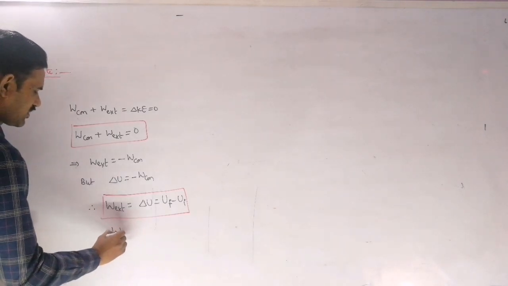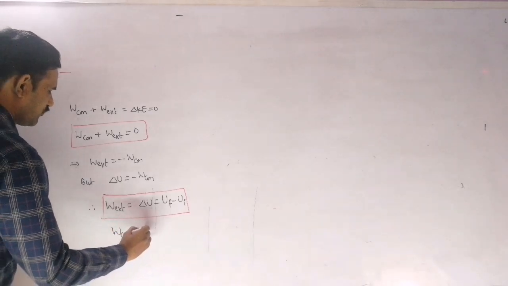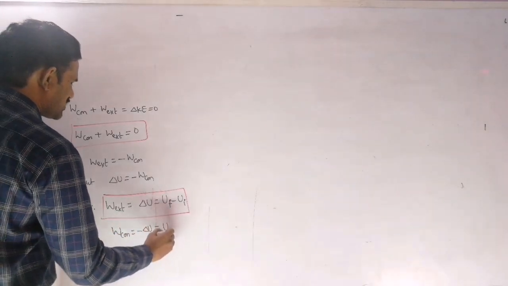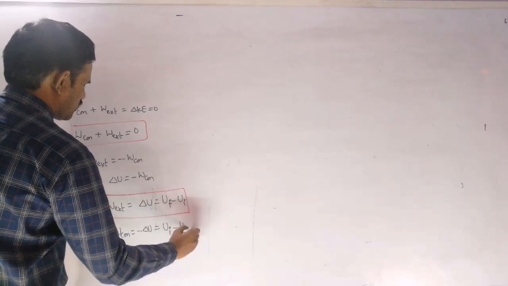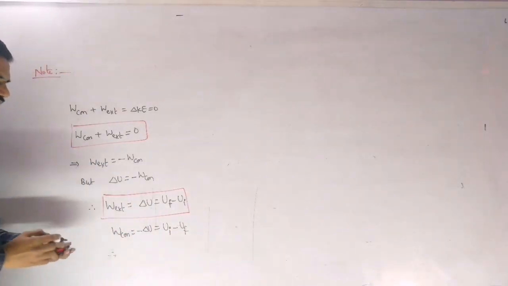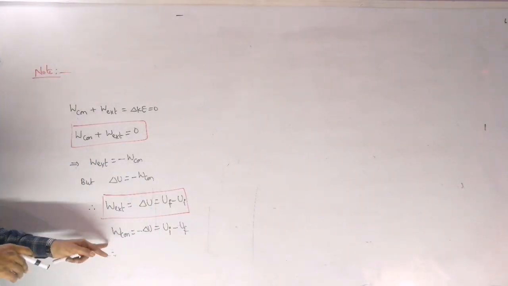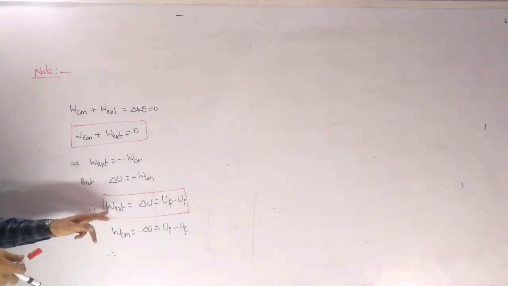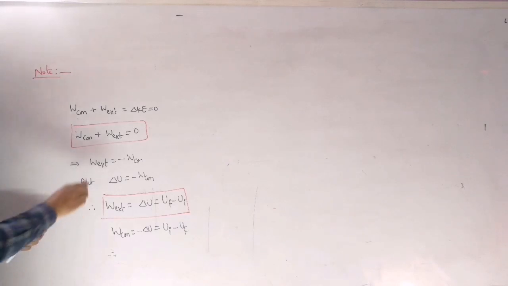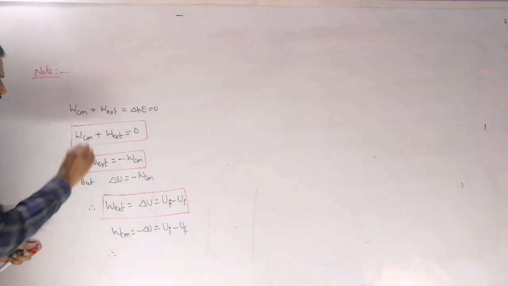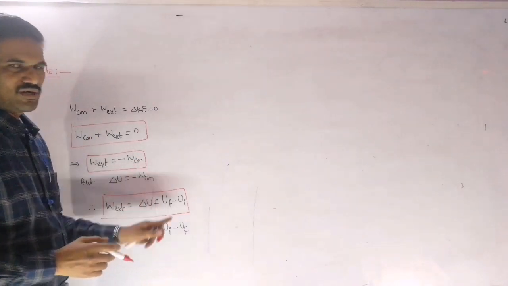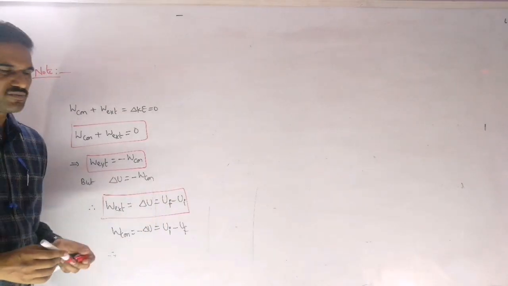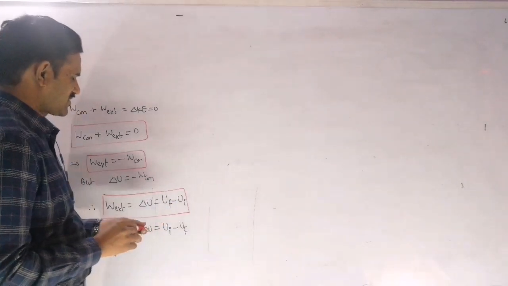And we know already that work done by the conservative force is the negative of change in potential energy, which is U initial minus U final. This we know already. Now additionally I am saying this: whenever a body is displaced slowly, you can use this relation here. Right? So this is very important. There will be a lot of questions based on this. So I will give some examples here.